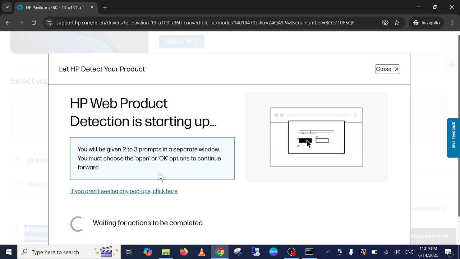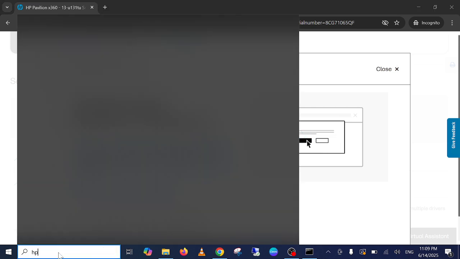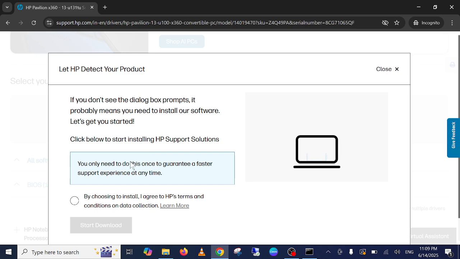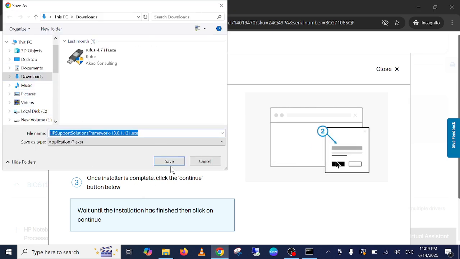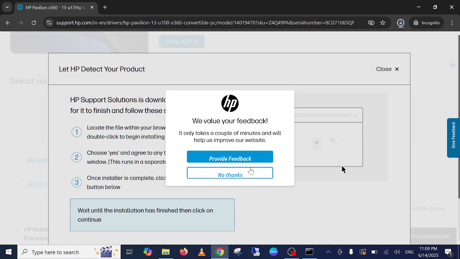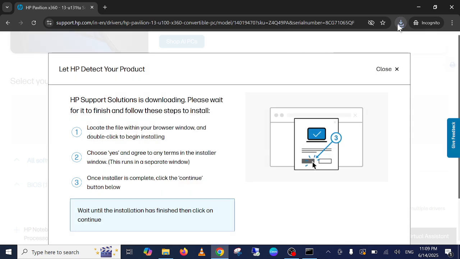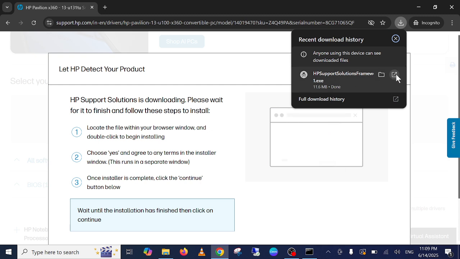You may have to install additional software like HP Support or HP driver here, HP Support, and this can help you to scan your computer and install all the pending drivers on your computer. Just start download, select the location, simply yes, no thanks, and simply run this,